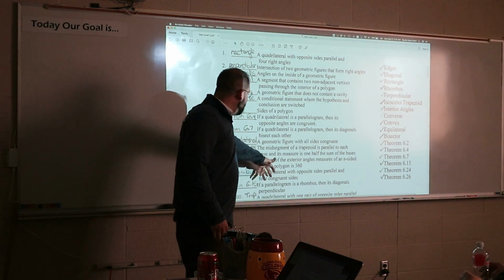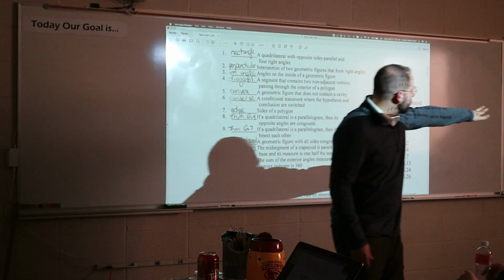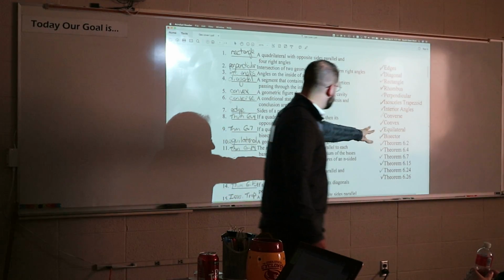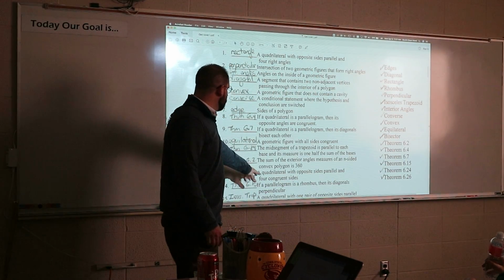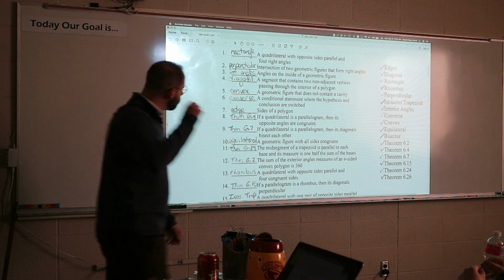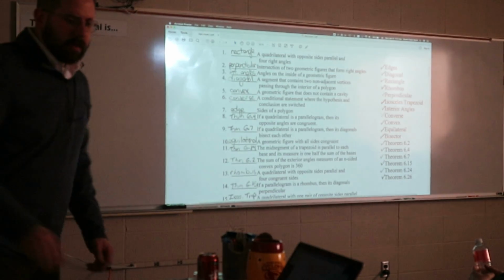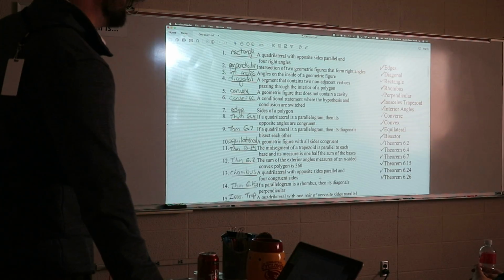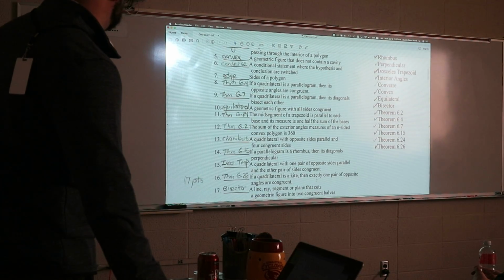6.15. It's a theorem about rhombus. Well, the only theorems about rhombus are 6.15 to 6.19. You shouldn't get those wrong. There's only one of them on there. So it's a theorem about rhombuses where the diagonals are perpendicular to each other. If we keep going, we actually are going to use 6.16 later on in this